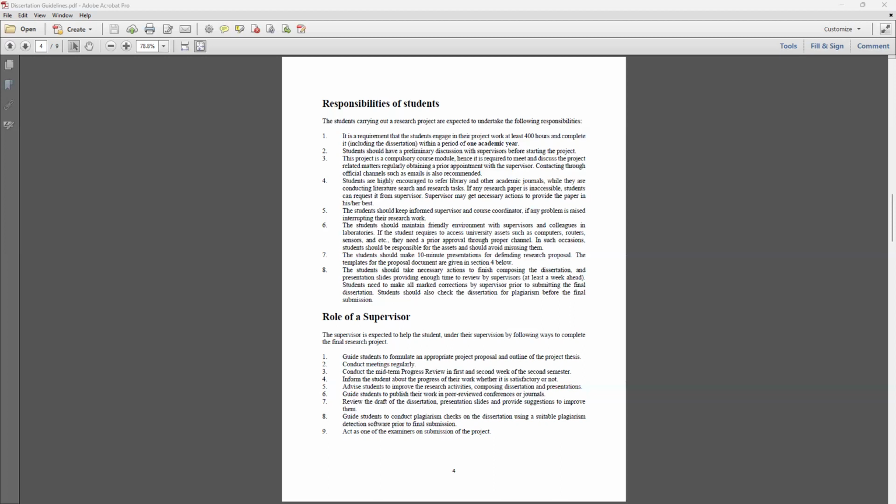Likewise, you have to find a proper supervisor according to your research area.